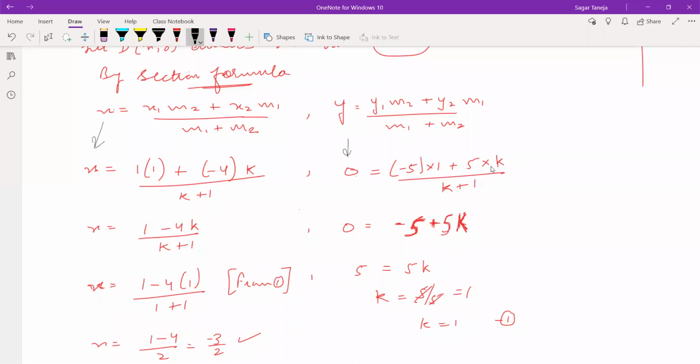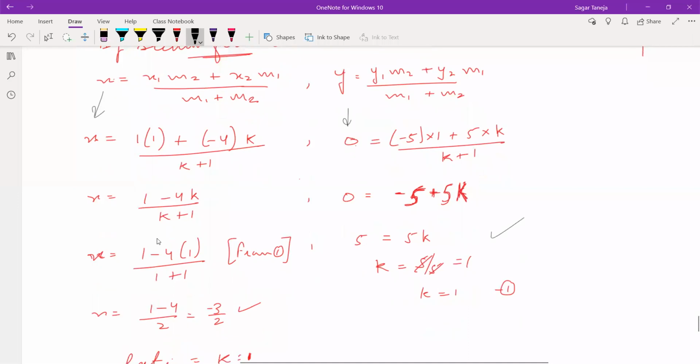The value of y is given as 0, and with the help of this y coordinate formula, we will be able to take out the value of k simply, because here we know all the values except the value of k. The (k plus 1) goes to this side, (k plus 1) multiplied by 0 is 0, then 5 goes this side, and divided by 5 you will get the value of k as 1. Now put the value of k here to take out the value of x. Till here we have solved. After this we can't solve if we do not have any value either of x or of k.